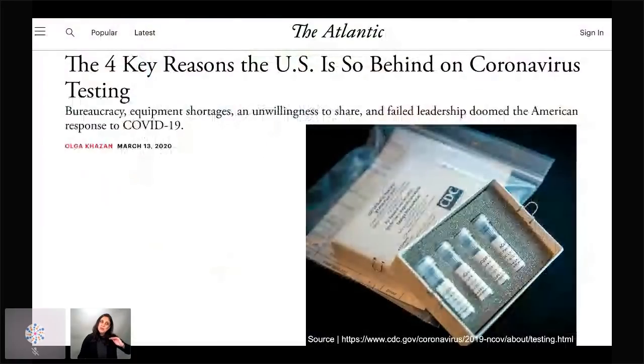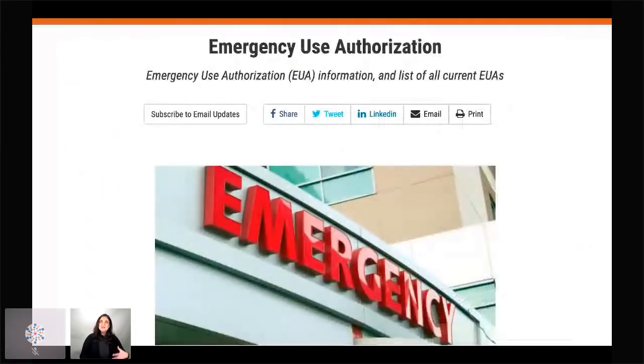Now, the United States didn't do such a good job with this. Part of it is that we didn't recognize where we were on that exponential curve. We kept looking back in time and seeing the flat part of the curve. We didn't understand that we were coming up to that knee of the curve very quickly. But there's another reason that we were not able to respond as quickly as we should have. And that is because typically, even things like testing have to go through a regulatory cycle. They have to go to the Food and Drug Administration.